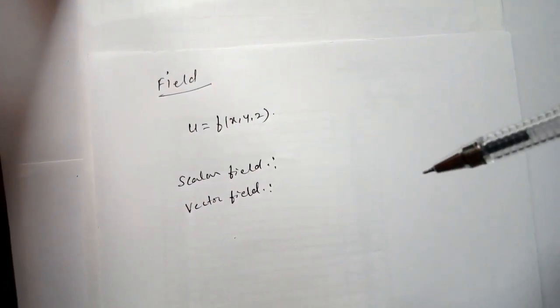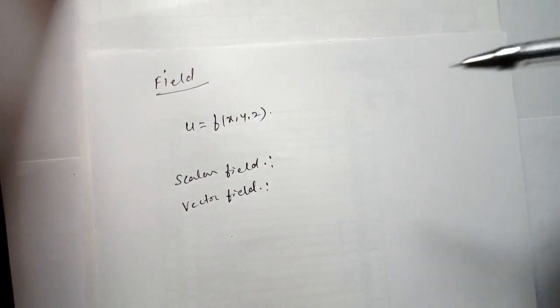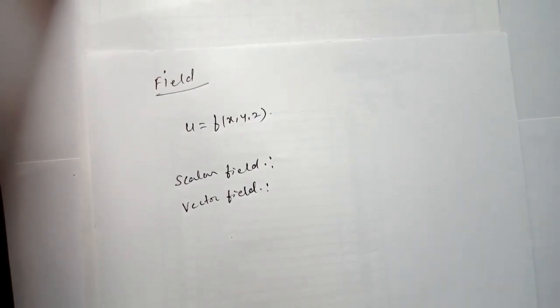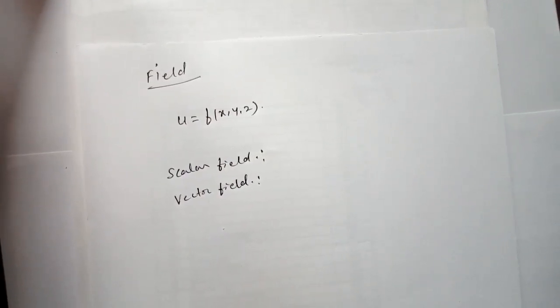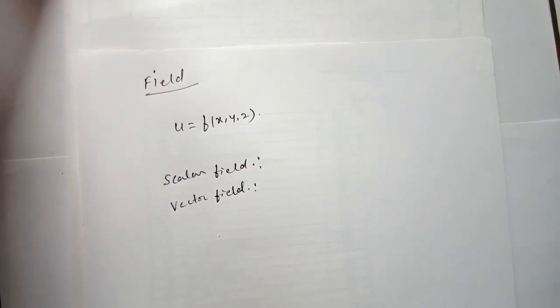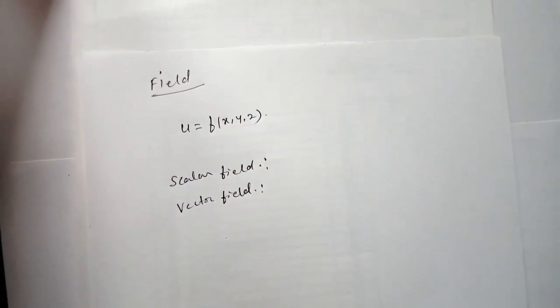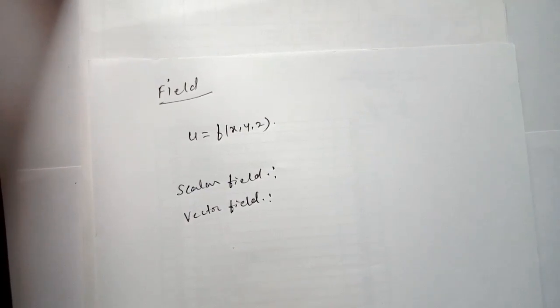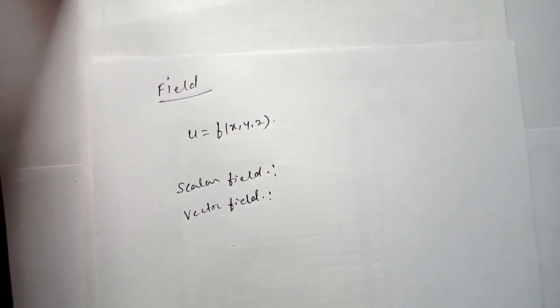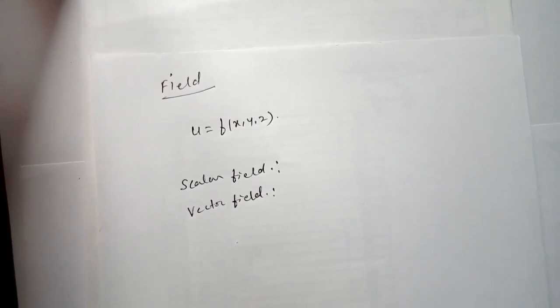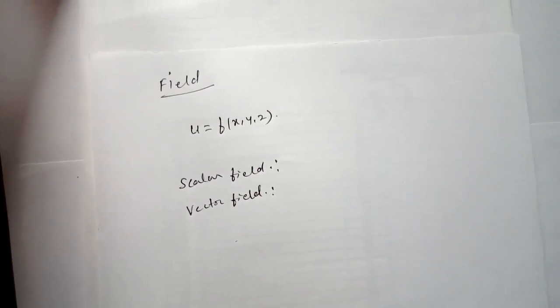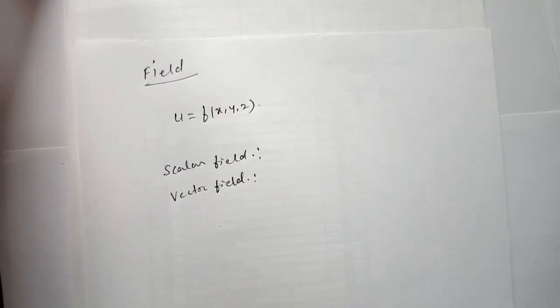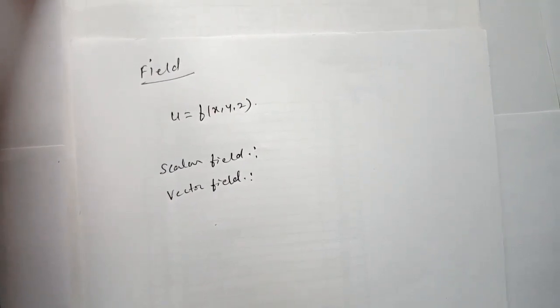A scalar field is a region in space in which a scalar quantity is continuous and defined by a single value at every point of the position variable. That is called a scalar field, which we have discussed. We also discussed an example: the variation of temperature at various points along a metal rod, one end of which is heated while the other end is kept cold. This is called a scalar temperature field. The variation of electric potential at various points surrounding a charged body is an example of a scalar potential. That is also a potential field we have discussed.